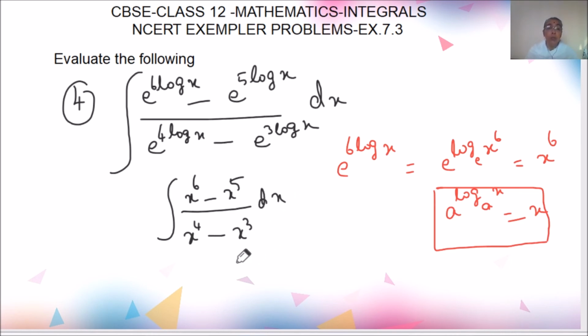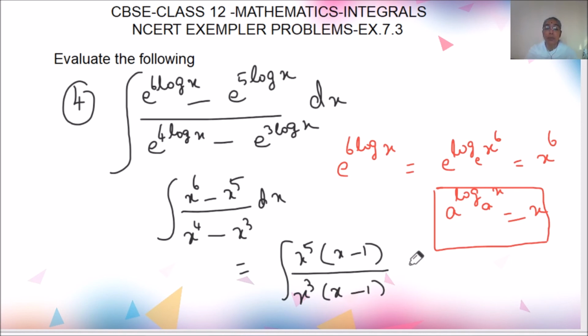Now even now the problem is very simple. We have to take common outside x power 6 minus x power 5. I can take x power 5 outside, so the numerator will become x minus 1. In the denominator we can take x power 3 outside. The denominator is x minus 1 after taking x power 3 outside. So now x minus 1 gets cancelled. We need just the integration of x power 5 by x cube, which is nothing but x power 2 dx. So x power 2 dx is a simple integration formula, x power 3 divided by 3 plus c. So even though the problem looks so big, the solution is so simple.